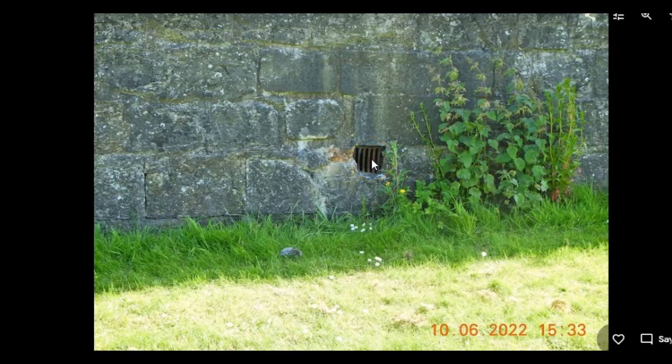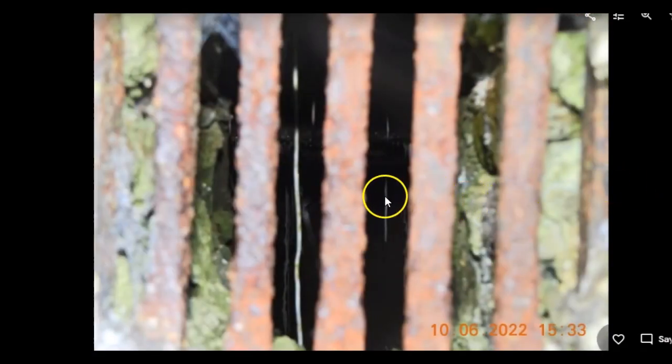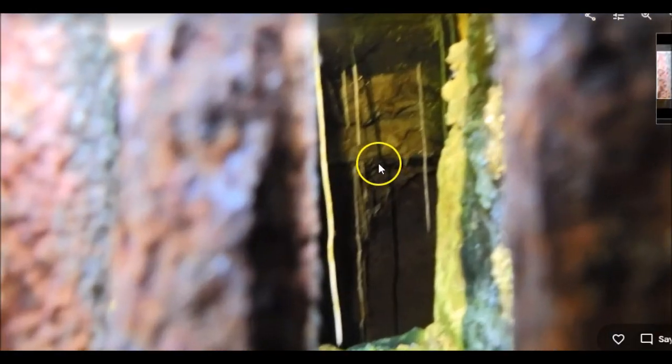And then I found this. This is amazing. Right, this is inside, just a close up. I managed to get, right, even before I used the flash on the camera, these things were like glowing. It was unbelievable. This is with the camera with the flash, and I don't know where it is. But this looks like, is that heat that's caused that? I don't know what these things are, and they're about